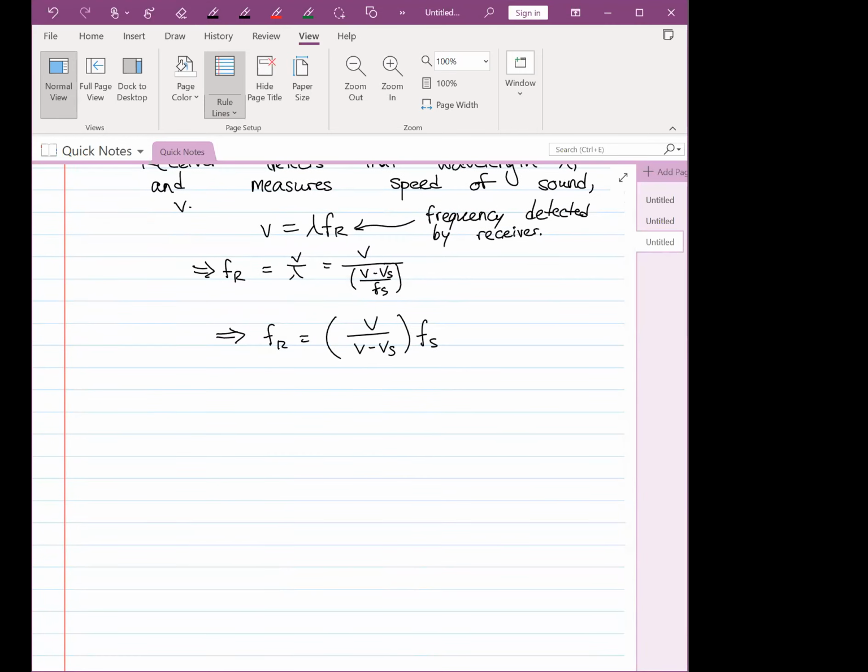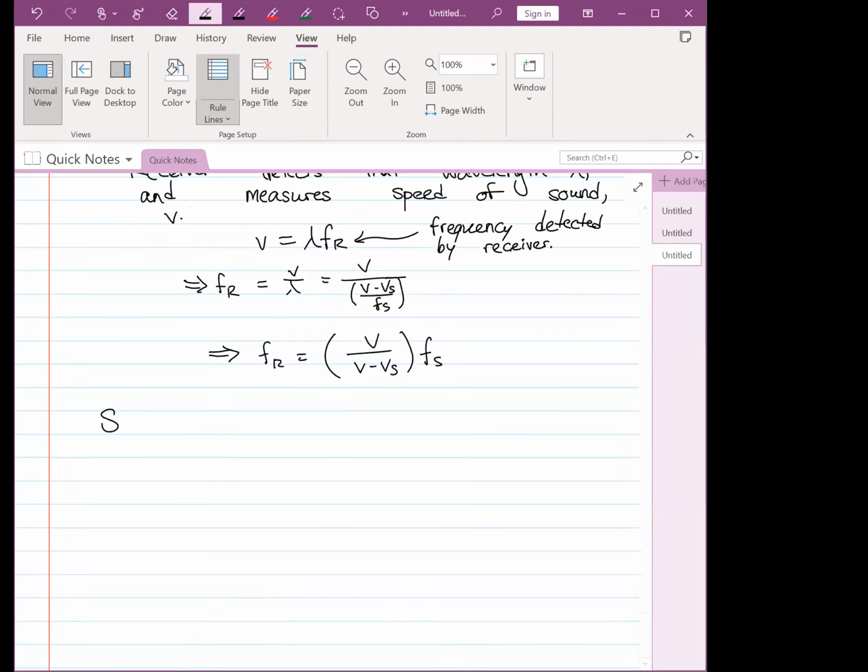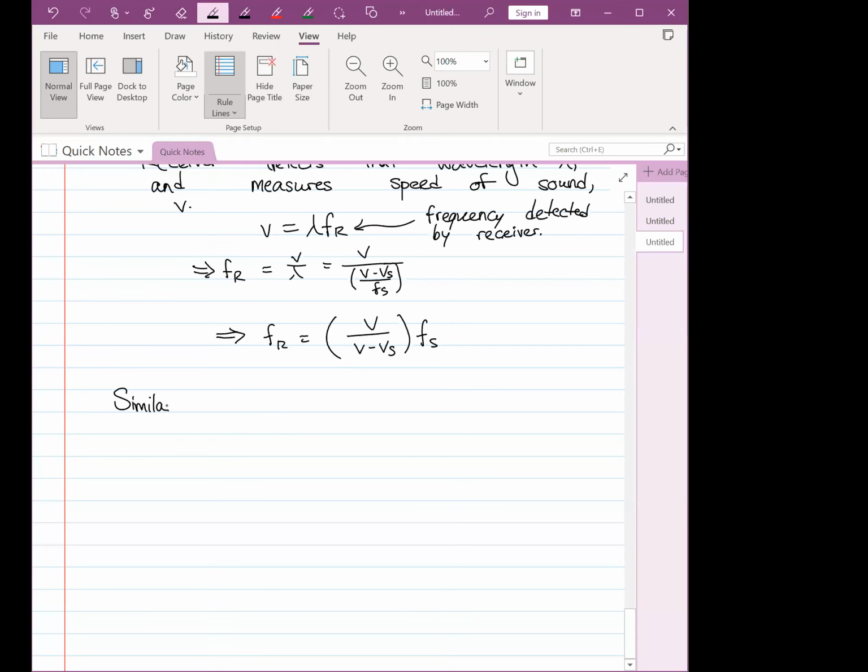So we can do the same thing. If the source is moving away from the receiver, well, then the distance between wave pulses is bigger because the source is kind of handicapping the waves on their way to the receiver, because they're starting out further away. So the result there is that the observed wavelength